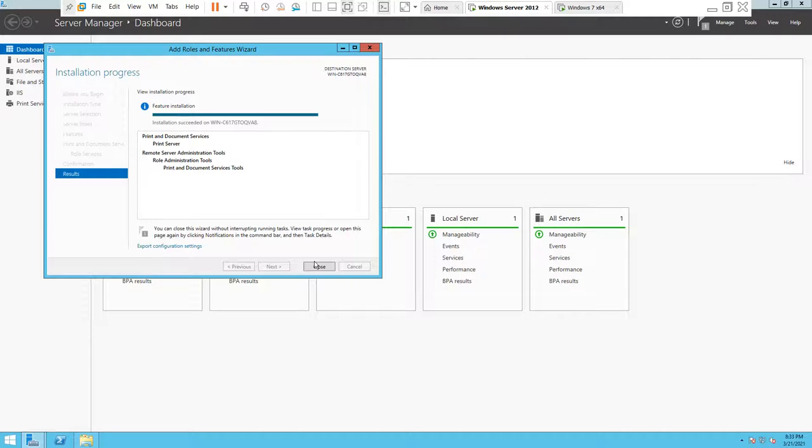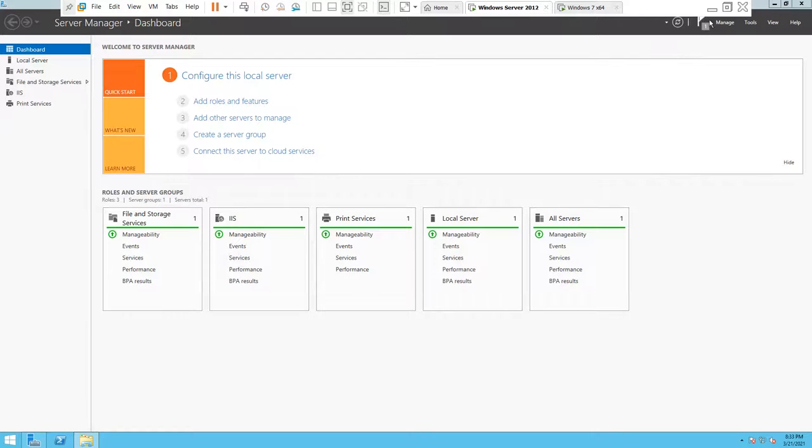Okay, installation succeeded. Close this. Let us see in the notification. Yes, it has succeeded, and you can see the Print Server option is available in the roles and server groups.